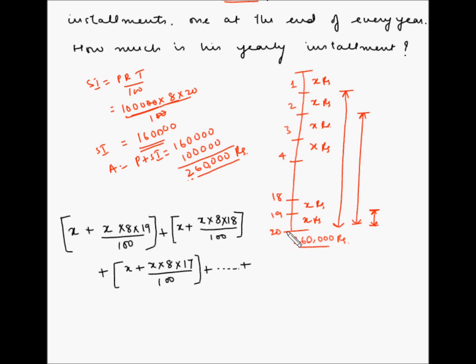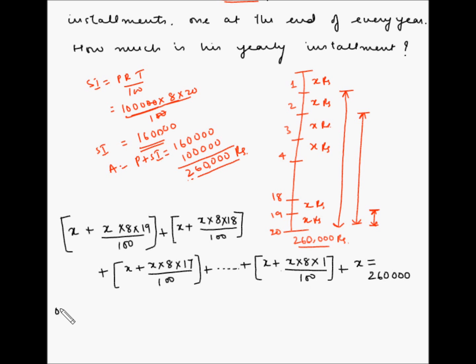And at the end, the installment paid at the end of 19 years. So again that is X plus X multiplied by 8 multiplied by 1 divided by 100, because at the end of 19 years, if he's paying an installment of X rupees, he's avoiding the interest for the last 1 year. Plus the last installment, which is X, and there is no avoidance of interest here. This whole expression is equal to